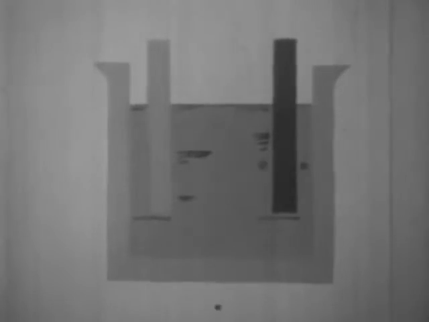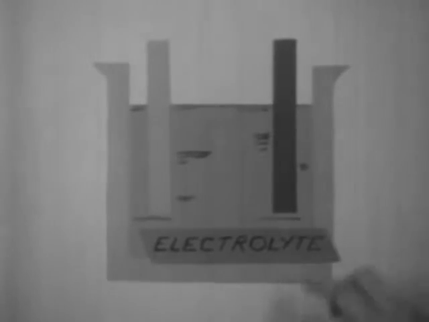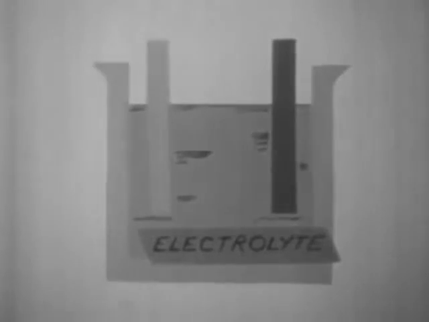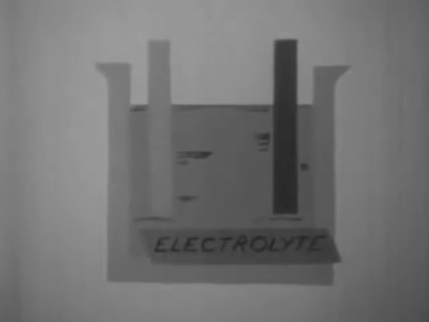Thus, a fluid that helps produce electricity when touched by two different metals is called an electrolyte. And we have such fluids right in our own bodies. One of them is the saliva in our mouths. It is an electrolyte. And since you know that a current of electricity is produced when two different metals are connected by an electrolyte, you can make a very tiny current flow right through your own tongue and actually taste